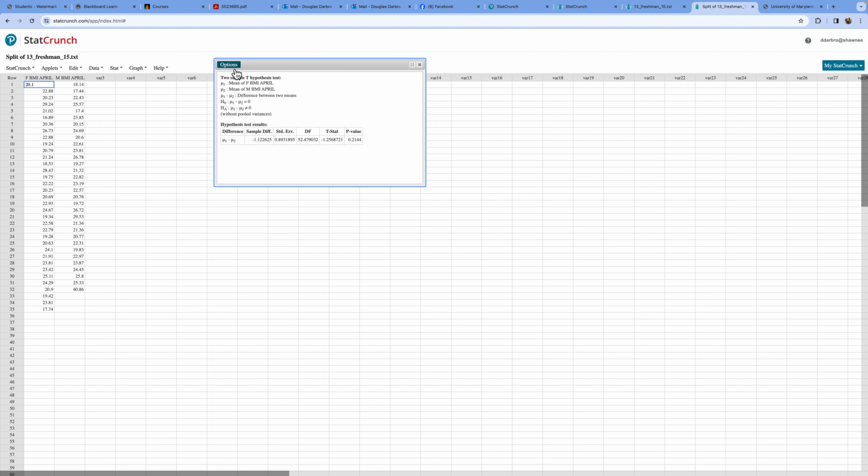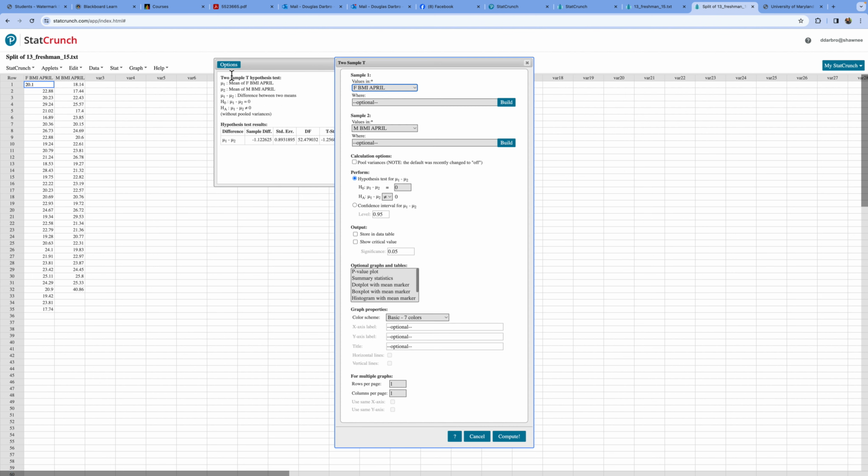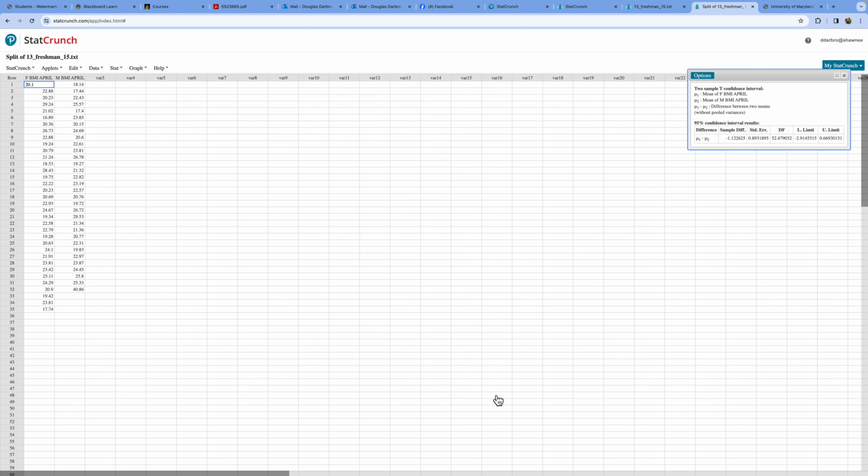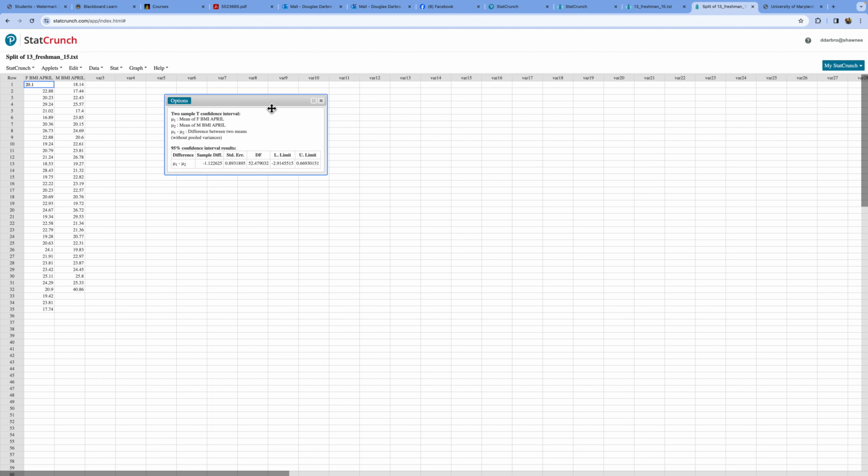Now, when I run a confidence interval, just ask yourself, are you expecting this confidence interval to contain 0 or not? Well, we don't have statistical significance, so we're expecting the confidence interval to contain 0. So the lower limit is negative 2.91 up to 0.67. So this clearly contains 0. So it just reinforces, if you will, the decision made by